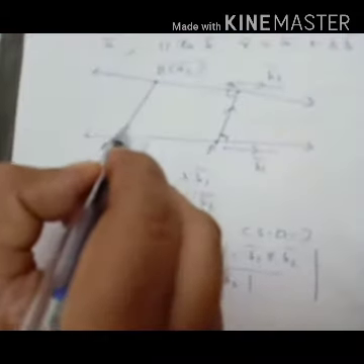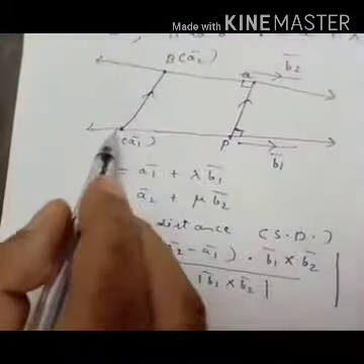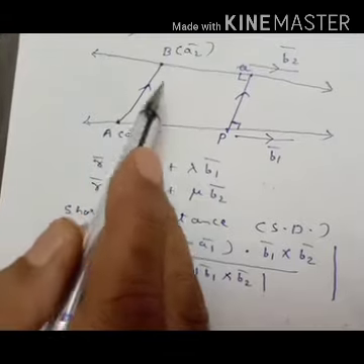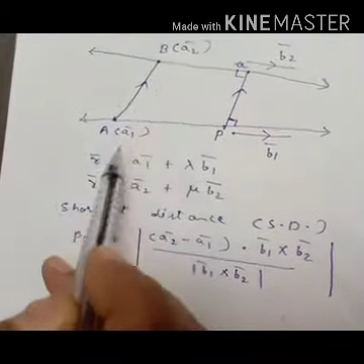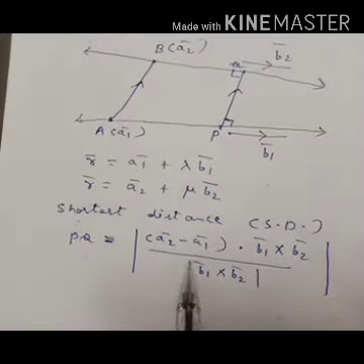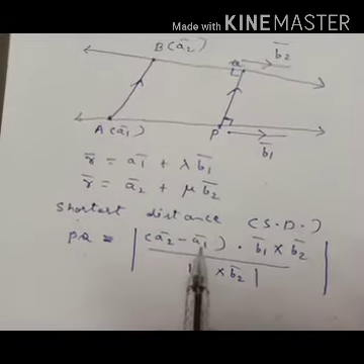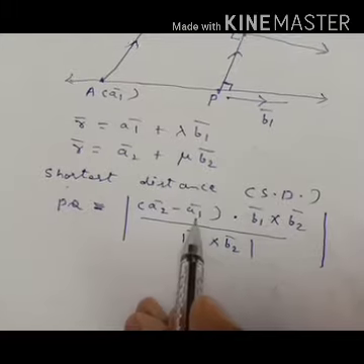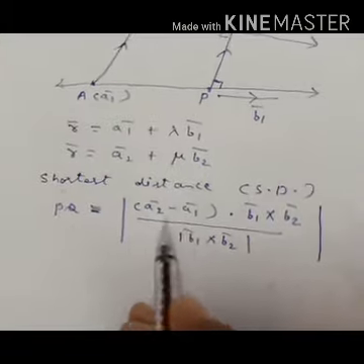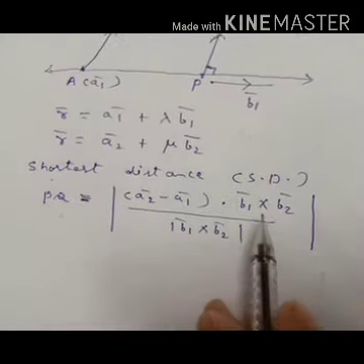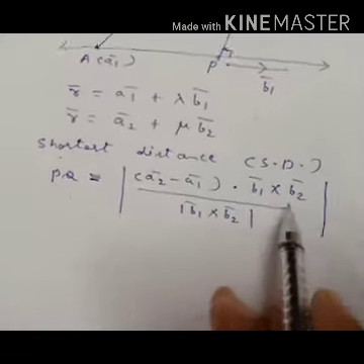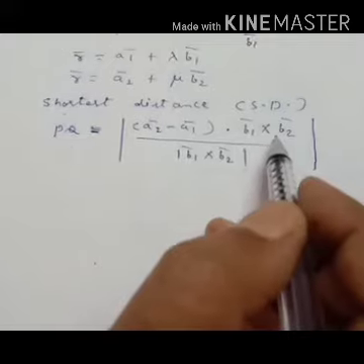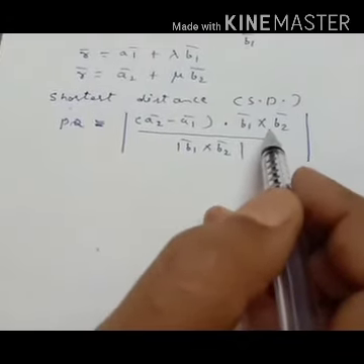If we join segment AB, AB bar, A initial point, B terminal point, this is a vector in space and it is expressed as position vector of terminal point minus position vector of initial point. So A2 bar minus A1 bar is nothing but AB bar. Subtraction of two vectors is a vector quantity, so A2 bar minus A1 bar is one vector. B1 bar and B2 bar are the two more vectors. Here dot and cross product is there, which means the numerator is a scalar triple product.